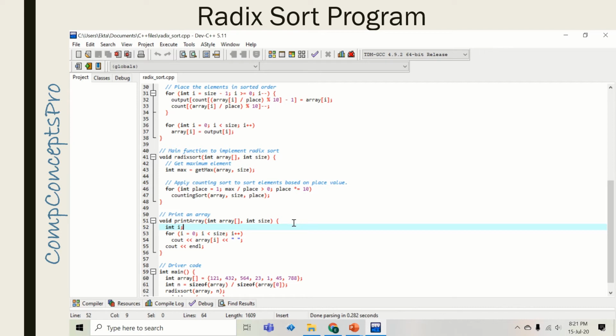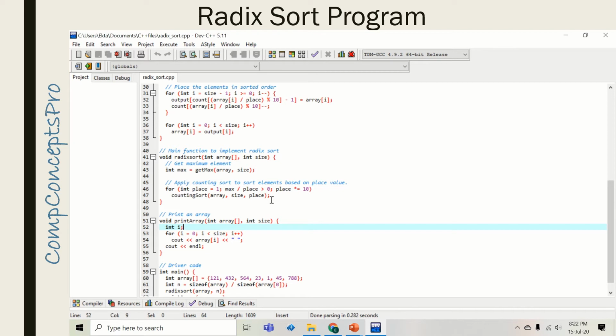Now for the next iteration, place equals 10, and if we check the condition, 788 divided by 10 will give 78. The condition is still satisfied, so the counting sort function will be called the second time as well. And now the place will become 10 multiplied by 10, which will be equal to 100.